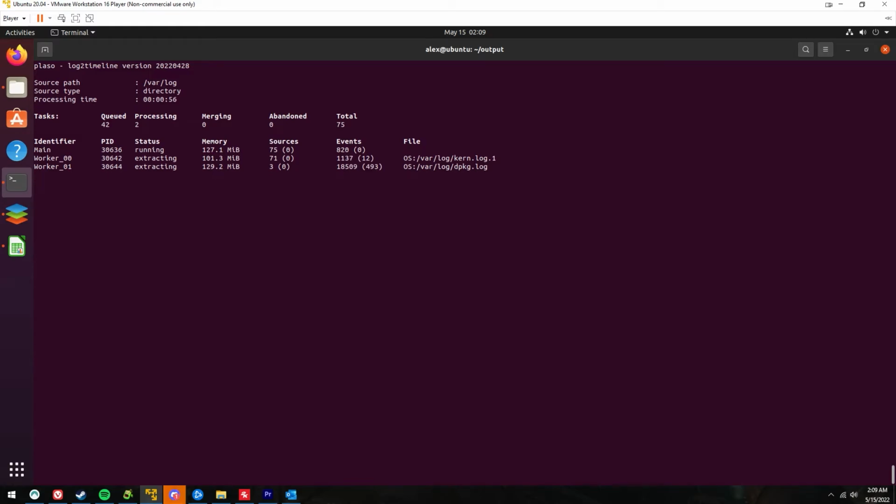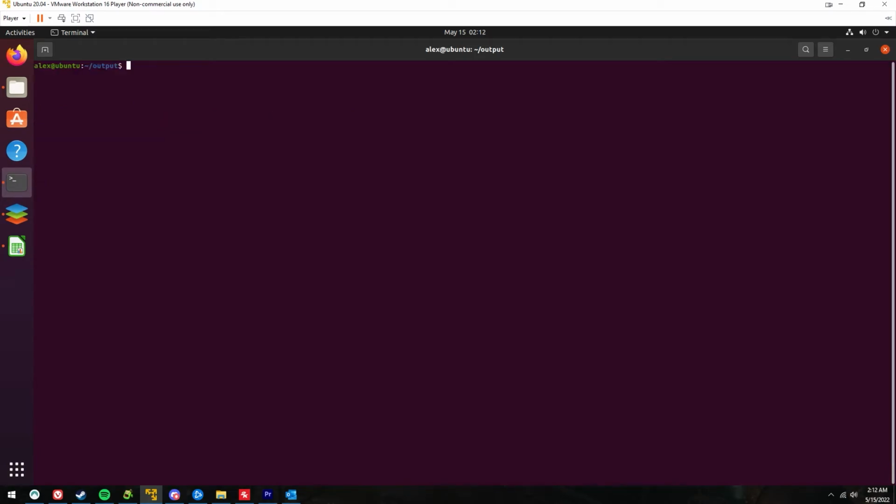The workers are the different CPUs or whatever is working to go through these files and check for the events and extract these events. I didn't give many resources to this machine, so it only has 2 and it's running on limited memory, so this will take a little while. But we're seeing a growing total of all the events through the main and the workers, and over time it will finish. So the command took about 10 minutes to finish,